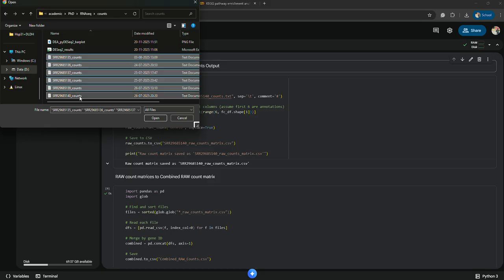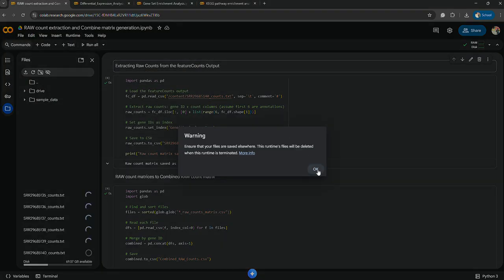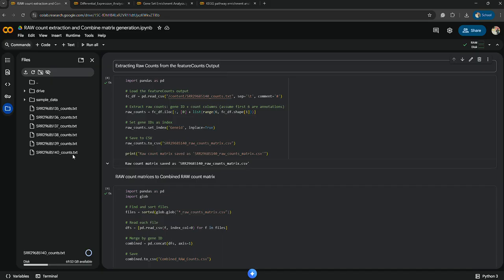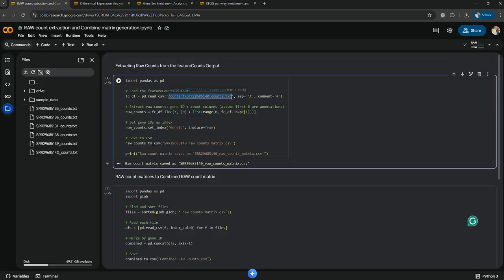This is the featureCounts output. We upload it here. Okay, all the files have been uploaded. Now we need to copy the path of the first folder according to your dataset. Which one is your first data? Copy it here. So copy it and paste it